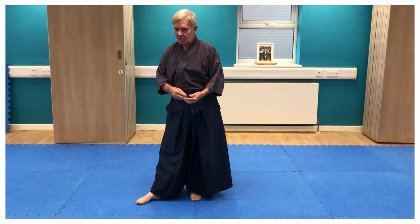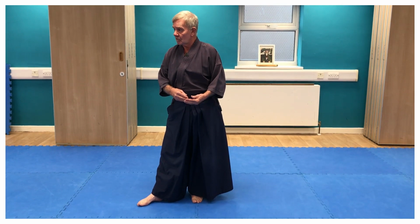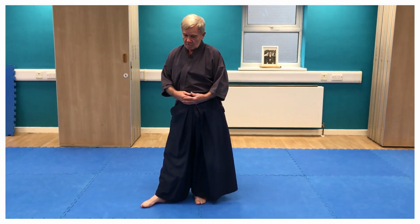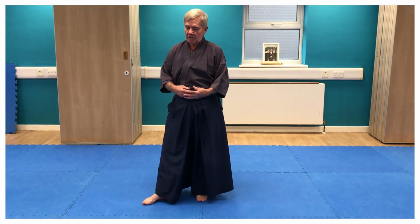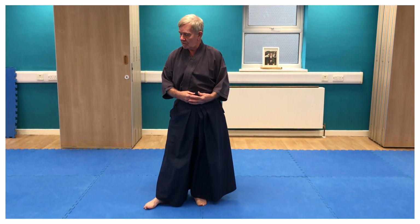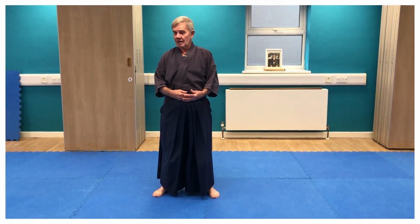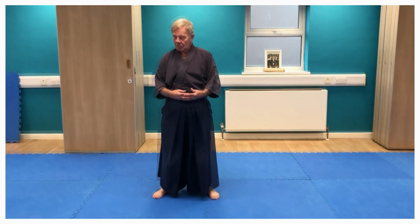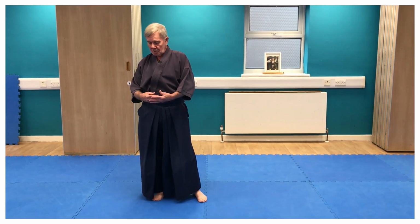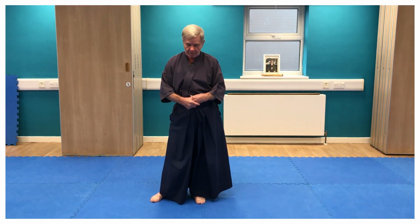So even if you do become a teacher and you start your own classes up, you still must be a student at the end of it also, to keep filling the fuel tank up. A lot of people fall into the trap of becoming an Aikido teacher, starting up a class, and then they get stuck because they get limited. So just be aware of that if you do start teaching, but you also got to be a student at the end of the day. You still got to go out and about and train with others to perfect your Aikido techniques. So anyway, let's move on to